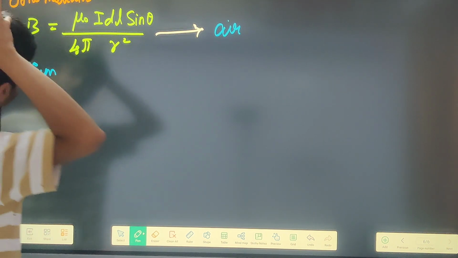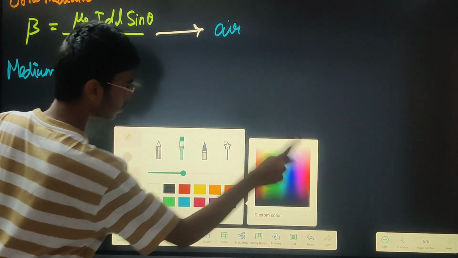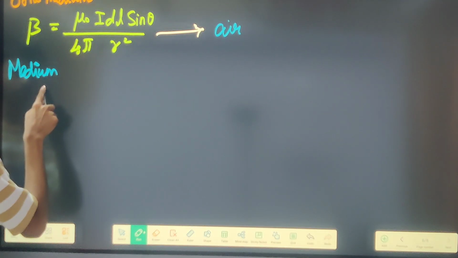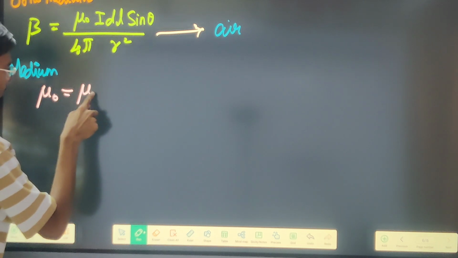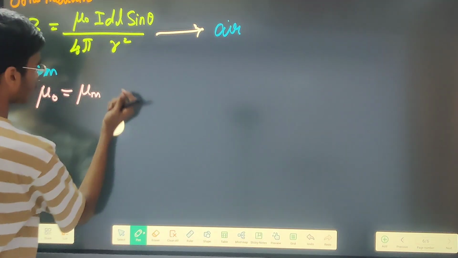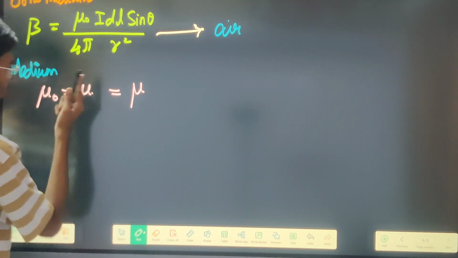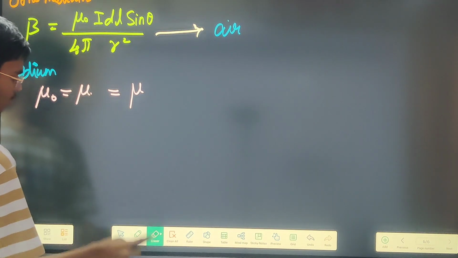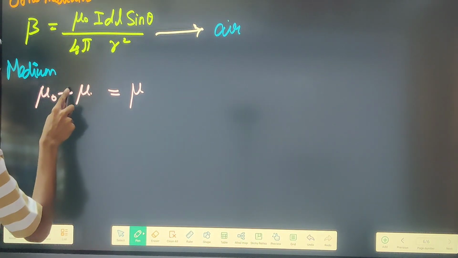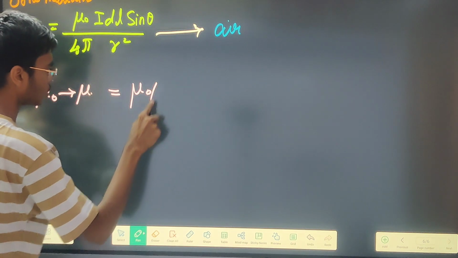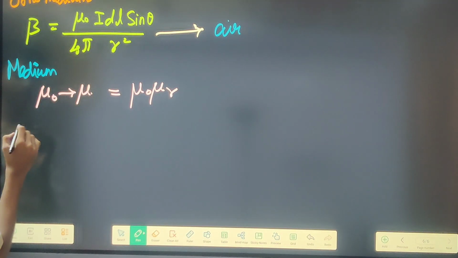In another medium, mu naught is converted into mu m, or just mu also. It will be converted as mu naught into mu r. So for this formula,